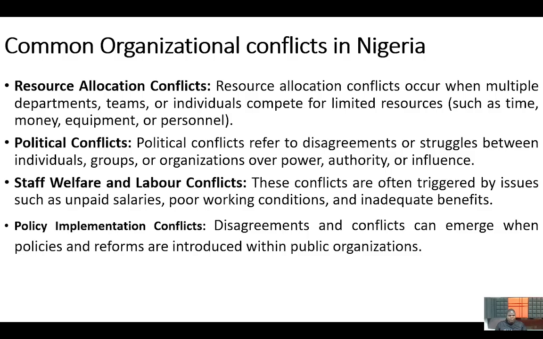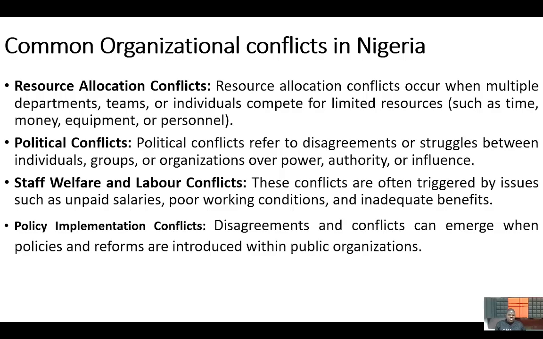You discover that a brother and sister who might be working even in the same organization, because of the fight for power, everybody wants to create relevance for themselves. It causes conflict. Is it authority? Everyone wants to be in a position of authority, to give orders and expect compliance. Some people just want to be called the leader, just for the sake of influence, so that when other people are discussing, they will also have a lot to say.